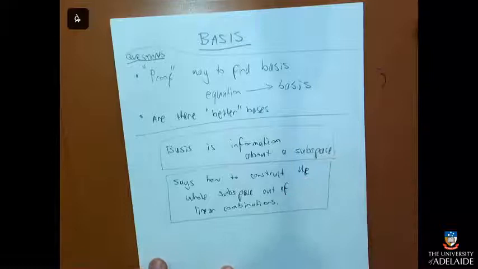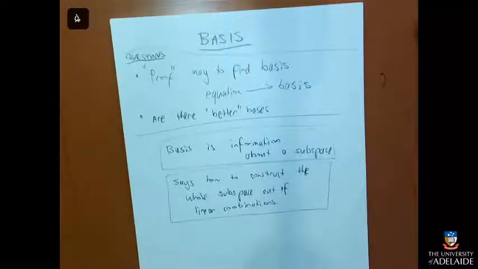That's what it's for. Now, that's not quite enough to make it a basis, but that's the general idea. Okay? So, therefore, the way to find a basis is to construct your whole subspace out of linear combinations. Once you have done that, then you have a basis. That's the thing that I hold in my heart to guide me when I'm journeying along the road to a basis.